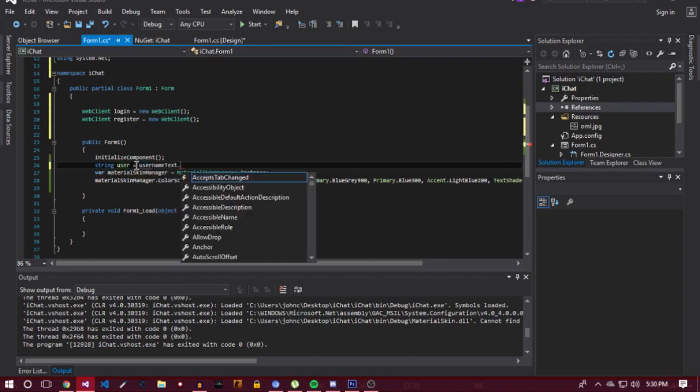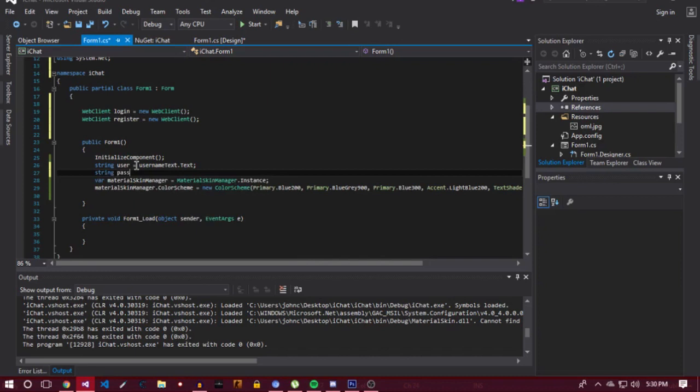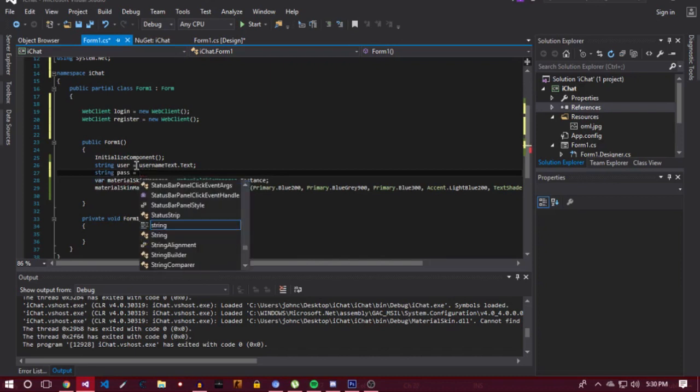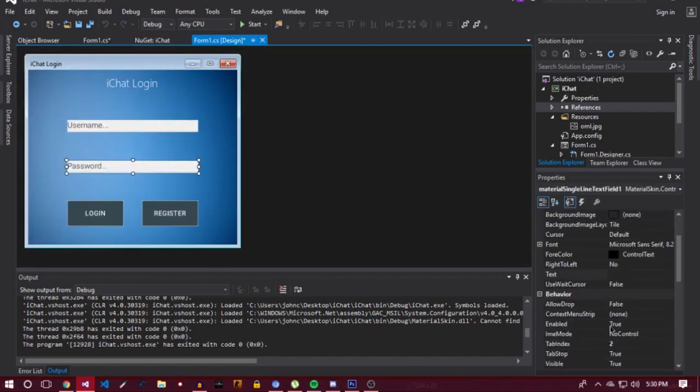Username text dot text, and I'm going to do string pass is equal to, what did I set it as? Let's find out. I set it. Oh, I didn't change it yet, so